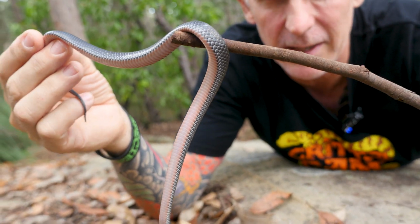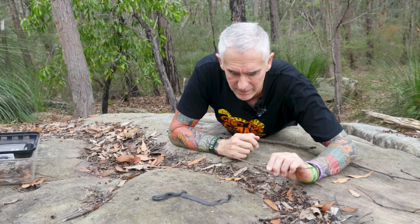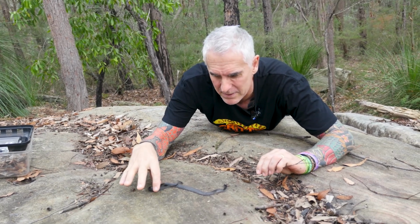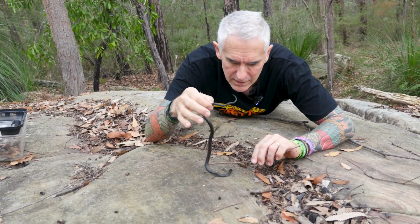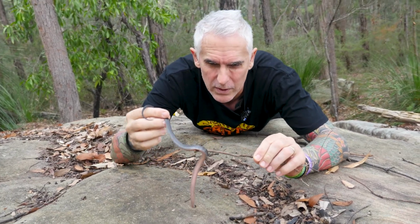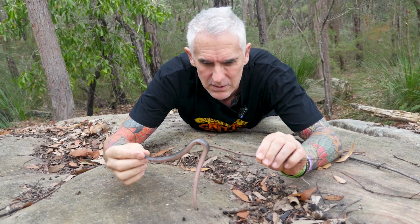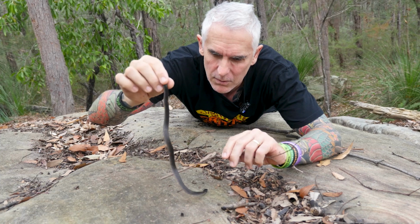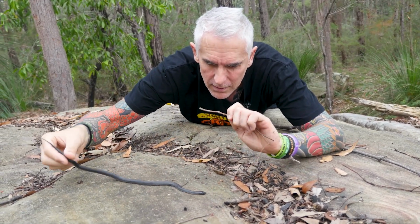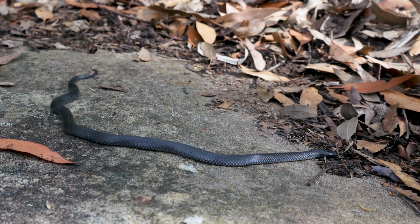Absolutely gorgeous little snake, and like I said, you know, sometimes we take some of these little front-fanged venomous snakes here in Australia, which we're home to probably the most amount of elapids anywhere in the world. And I tell you what, this gorgeous little guy here was sitting in our backyard, in our courtyard there. And because we have dogs, we've decided to move this guy to a more appropriate area where he's going to be able to find some friends and hopefully reproduce, find some food, make some friends, and grow big, fat and